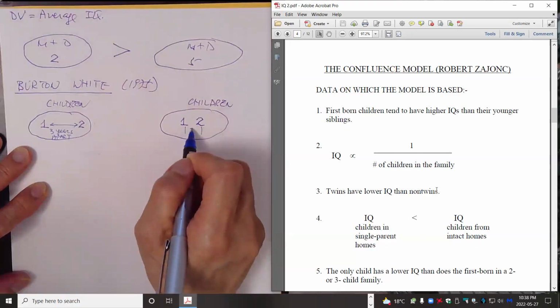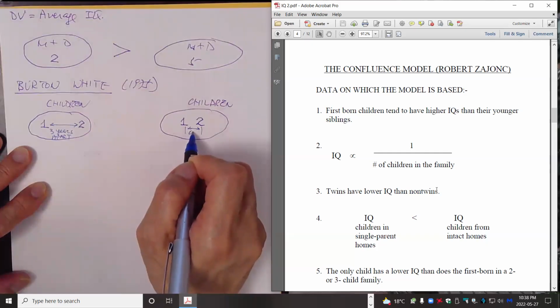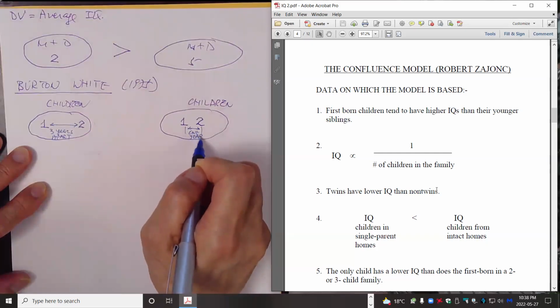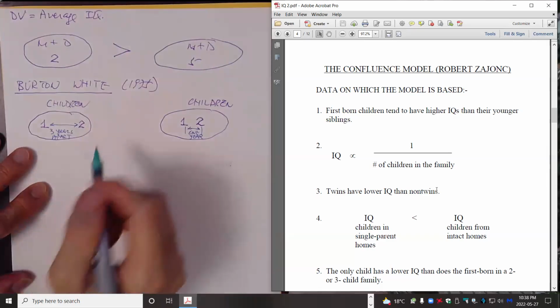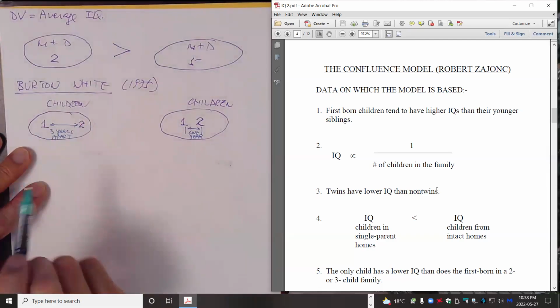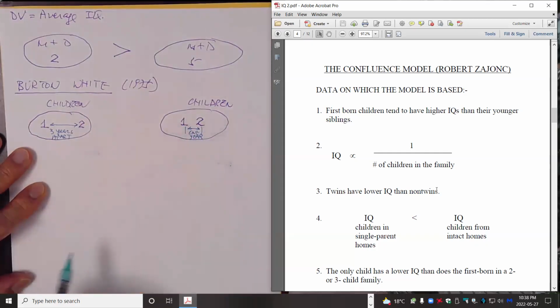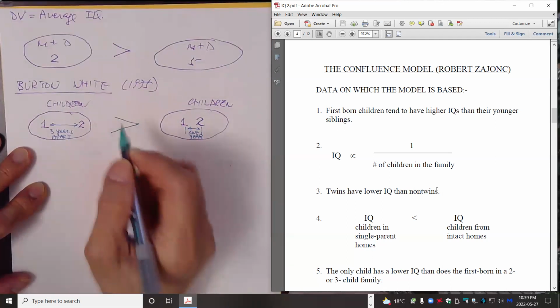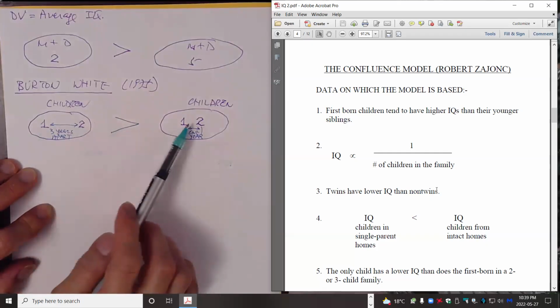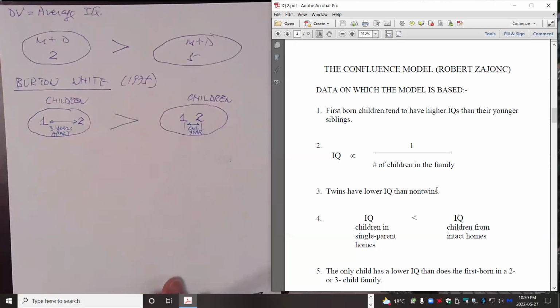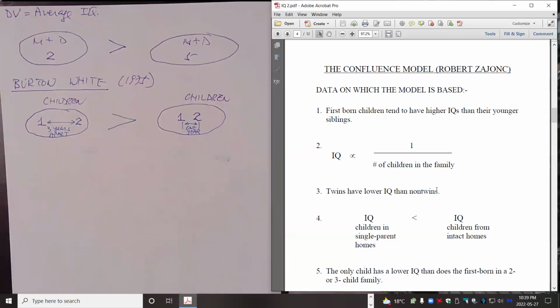1 year apart. And we know that these two children versus these two children, on the average, these two children will have significantly higher IQ than these two. All right. So that's Burton White's finding, and it has been repeatedly observed that this is the case. Okay, now